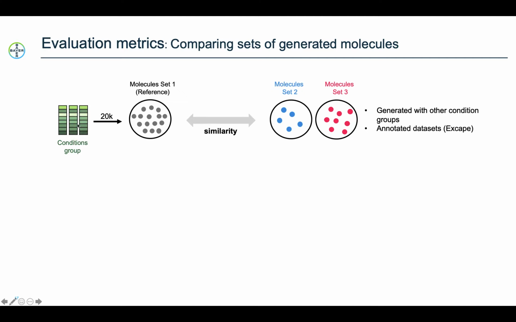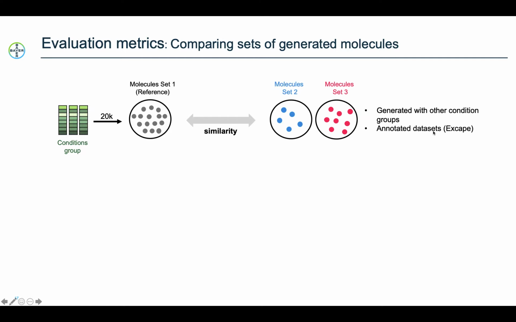This could be, for example, all the profiles belonging to a specific compound. Then we generate 20,000 molecules using those conditions. And then we compare the similarity of this set of 20,000 molecules against other sets. And these other sets could be molecules generated with a different condition, but it could also be annotated data sets,